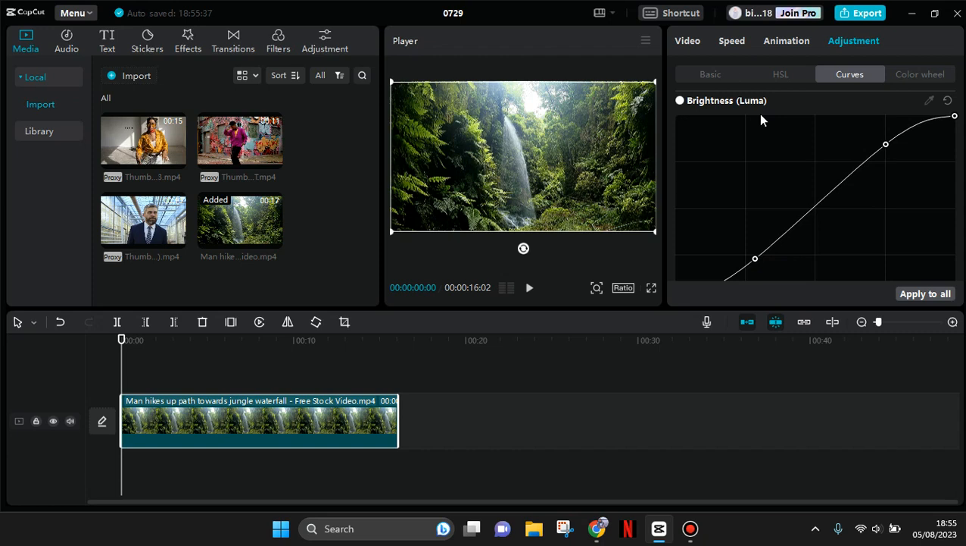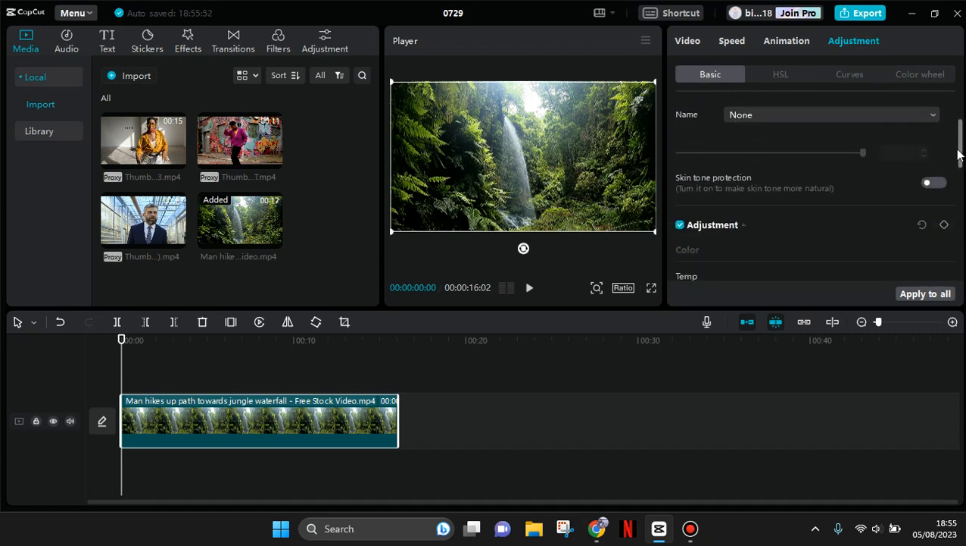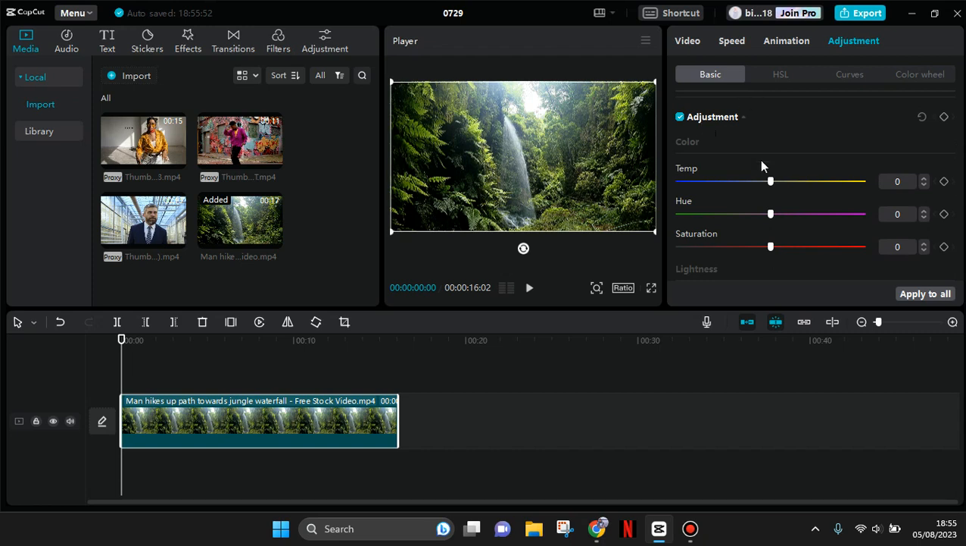Okay, after that go to basic. Now just scroll down until you find this adjustment. So for the temperature, lower it to -18. Okay, I'm going to just type it in to make it quick, and the hue -9, saturation -4,